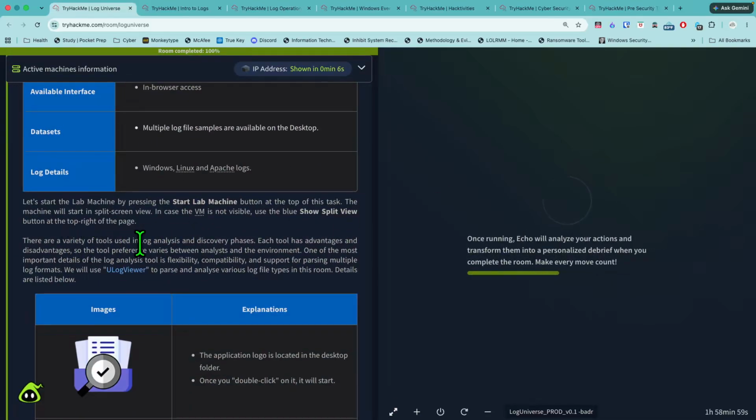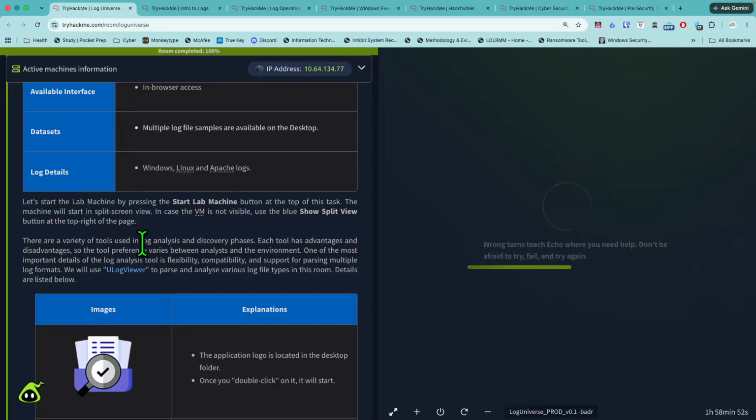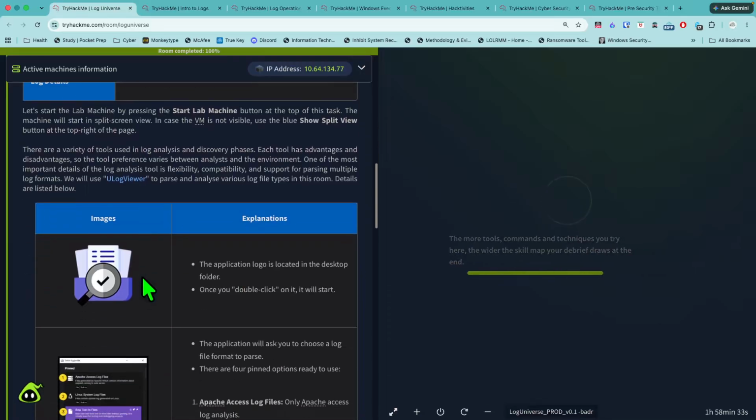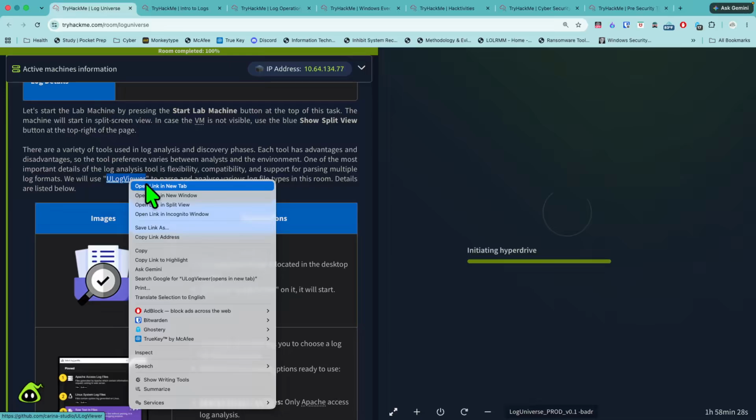And then there are a variety of tools in log analysis and discovery phases. Each tool has advantages and disadvantages. So the tool preference varies between analysts and the environment. And one of the most important details of the log analyst tool is flexibility, compatibility, and support for parsing multiple log formats. And we will use ULogViewer to parse and analyze various log file types in this room. And details are listed below. So for us to learn more about ULogViewer,